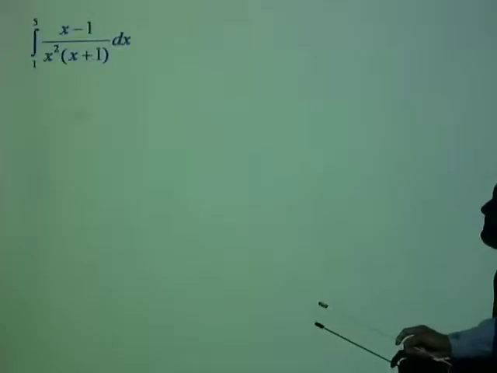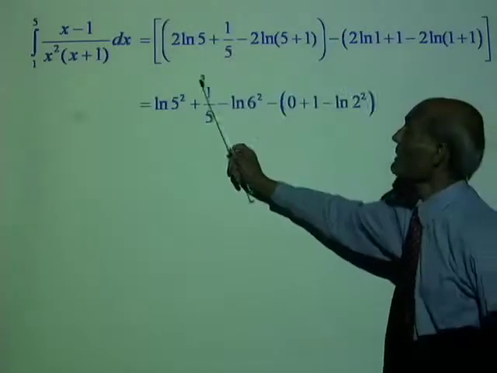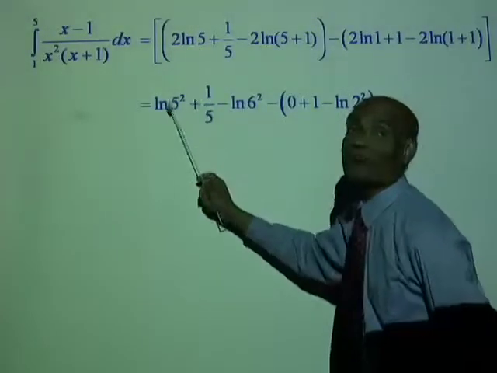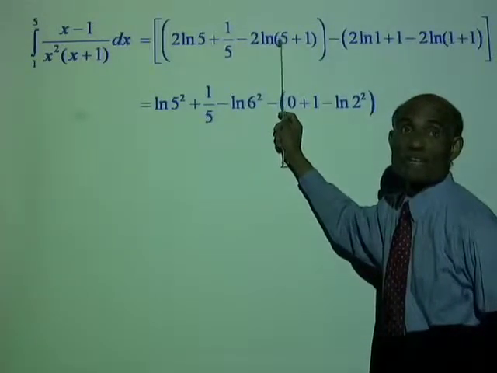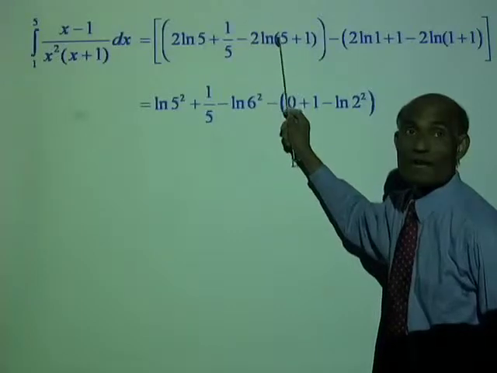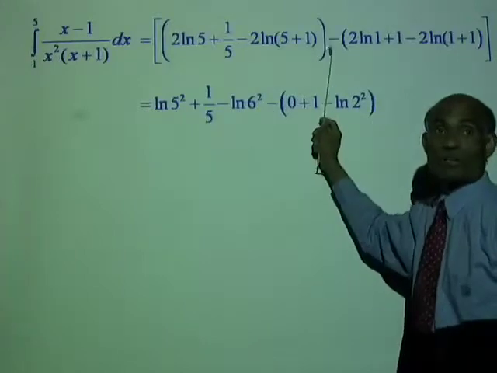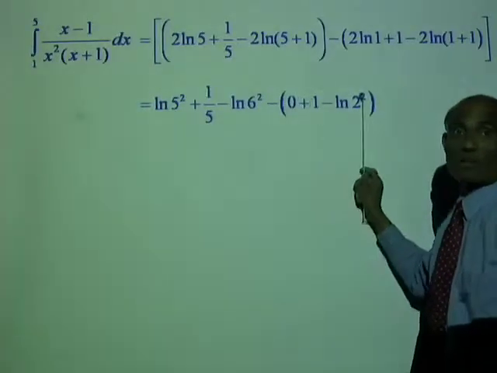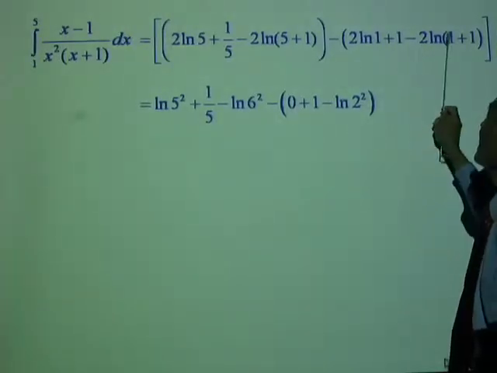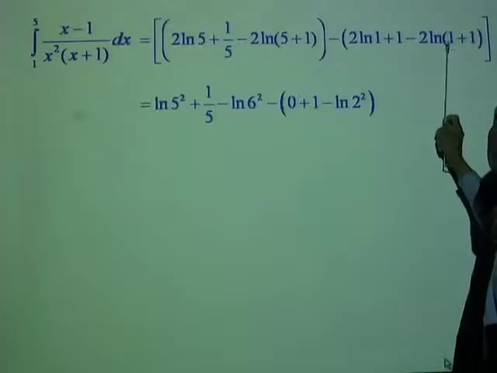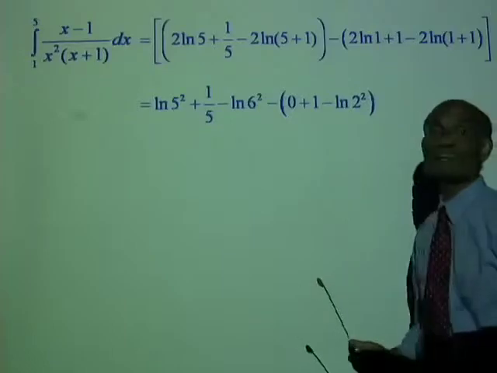Okay, let's take it over to the other side. Now this is what we had, and what would that become? It will be 2 ln 5 is ln of 5 squared plus 1 over 5, and this is ln 6. 2 ln 6 is ln of 6 squared. Now that is your upper limit. Now minus what you have with the lower limit, ln 1 is 0 plus 1 minus, you see, ln of 1 plus 1, ln 2, and this will go up. That will be minus ln 2 squared,